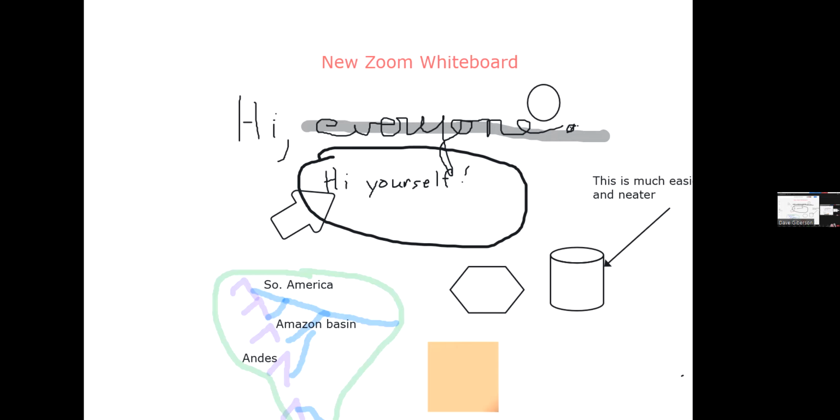Or you can make this functionality similar to what you have with a flip chart in the physical classroom. You can select that sticky note tool and then just click anywhere on the whiteboard screen, and you get a